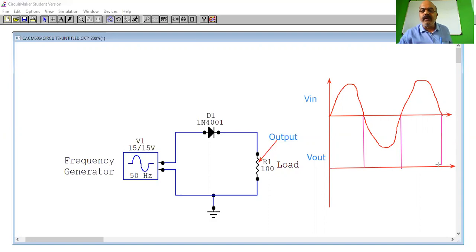So I'm just drawing it. So I will get this type of output. There is no output during the negative half cycle. Here again I get a cycle.